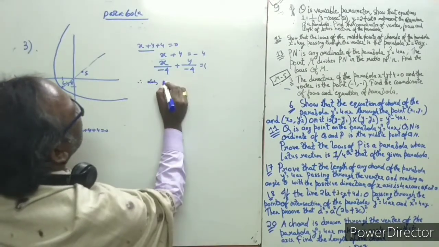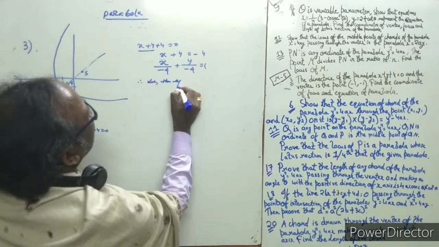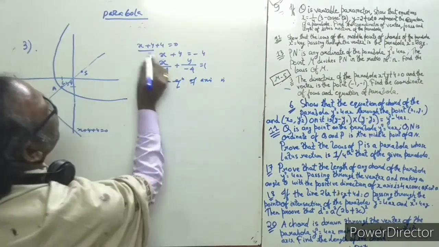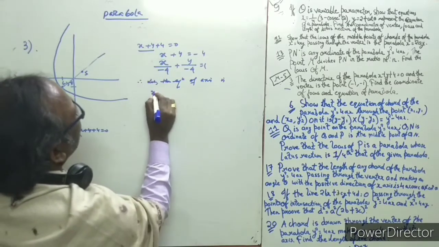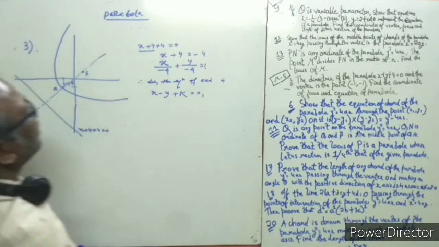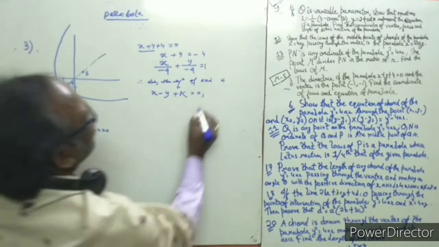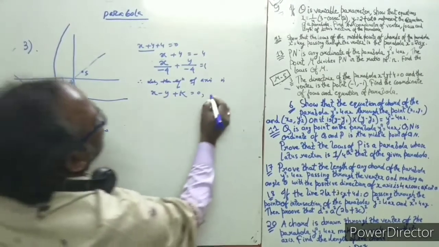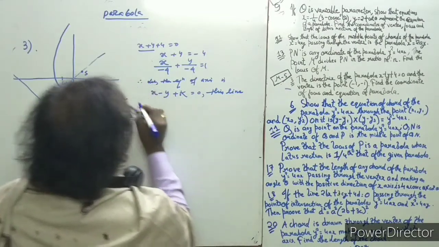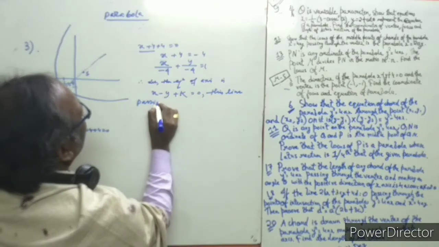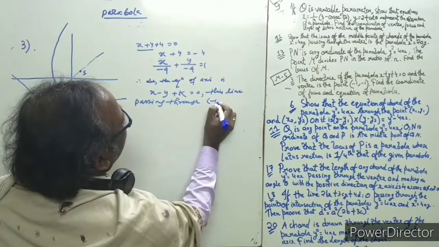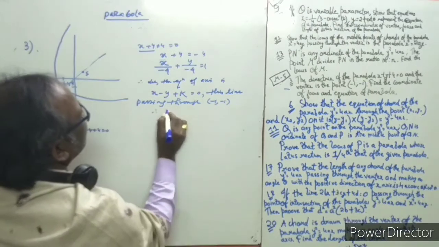Let the equation of the axis be x minus y plus k equal to 0, so the coefficient is 1 and 1, as this is a perpendicular line. And this line passes through minus 1 comma minus 1. So therefore,